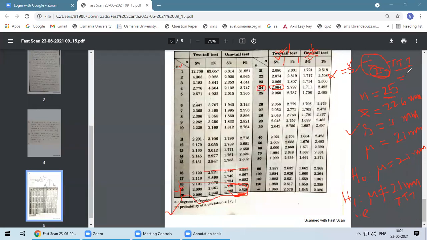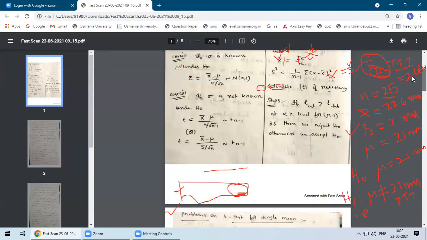2.064. Now I know the table value: 2.064. Understood everybody how to see the table values? This value will be given in the examination. Otherwise, this copy is allowed for the examination. Is it clear? Can I go to step number 4? Please respond quickly, we have only 2 minutes. All of you understood? Say yes or no.